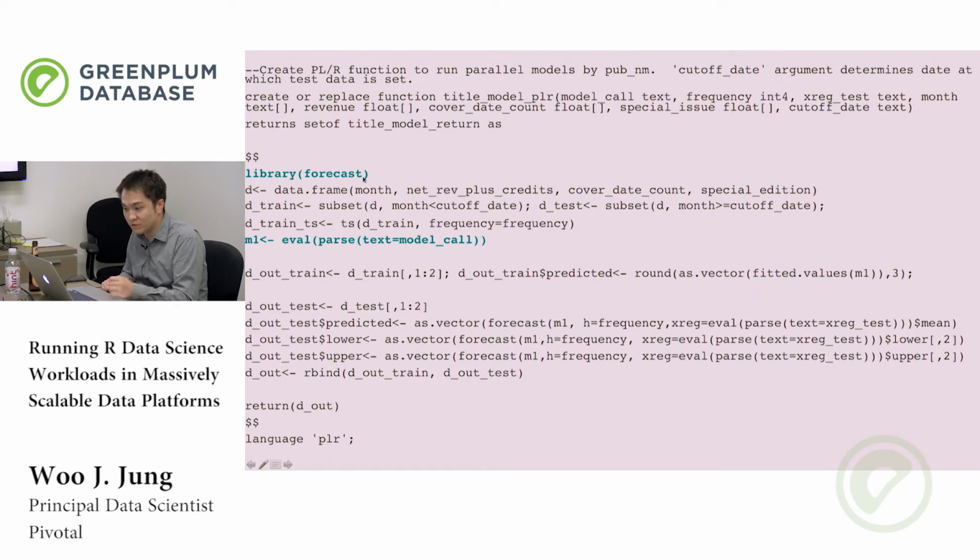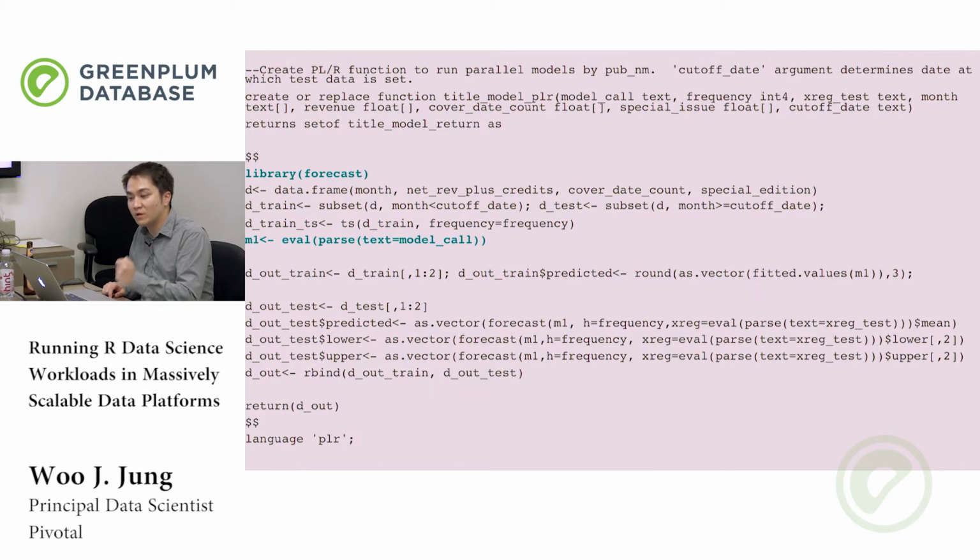I said I wanted to get back to this because for the R users over there, this is a huge deal, right? So what are we doing? We are invoking an add-on library inside of a PLR function. There are over 5,000 libraries on CRAN that are available for download. And with PLR, you not only get core R functionality that comes with standalone R, but you can bring in any of the 5,000 libraries in CRAN and have them run in parallel in the same manner that we've described in this session, which is very powerful